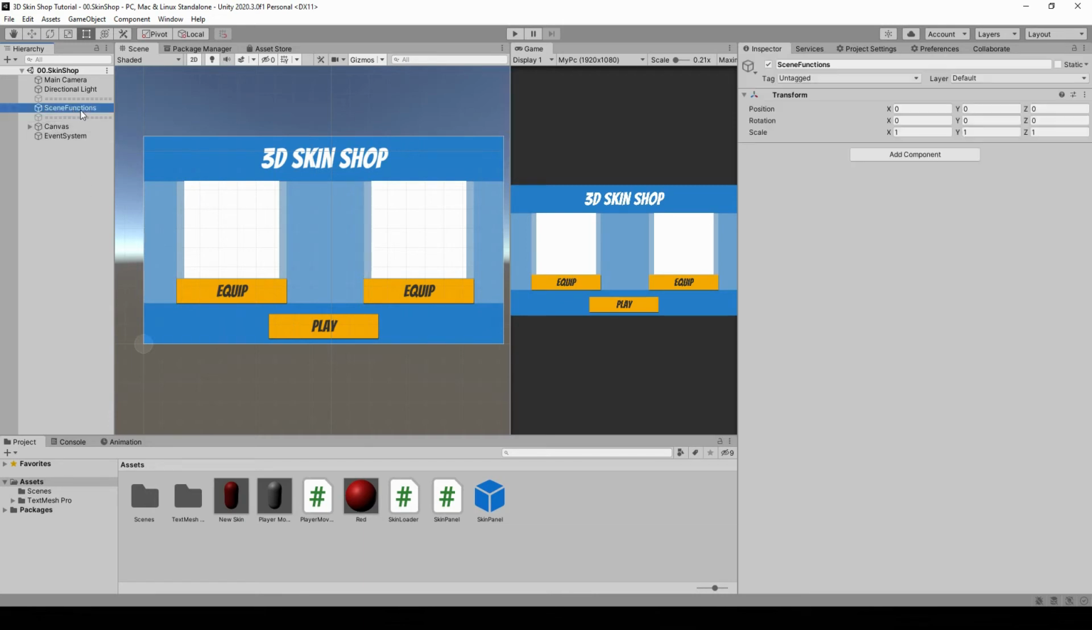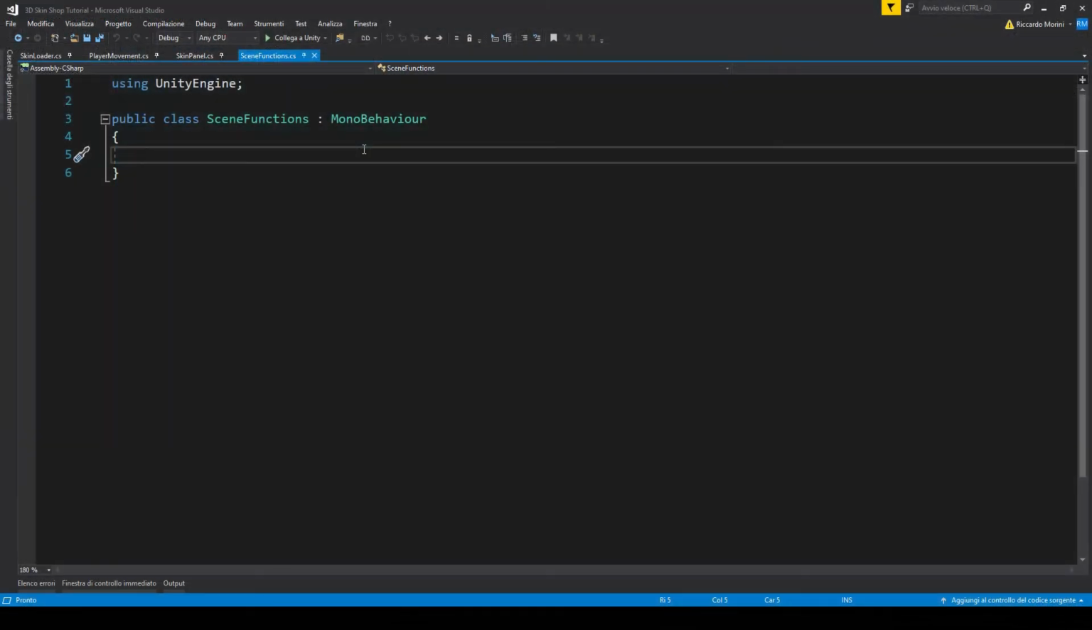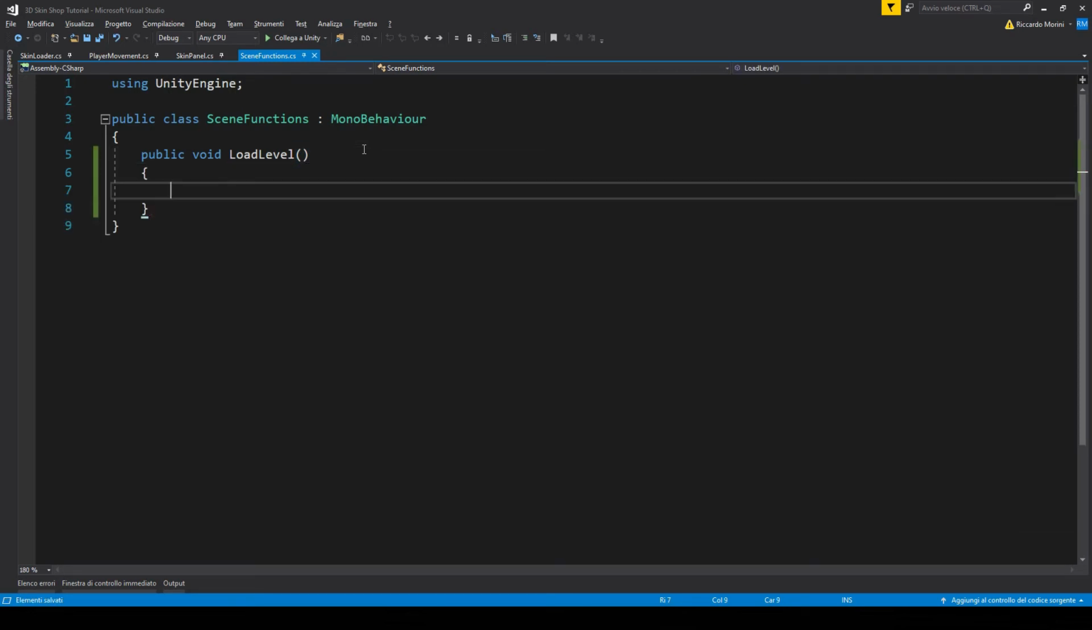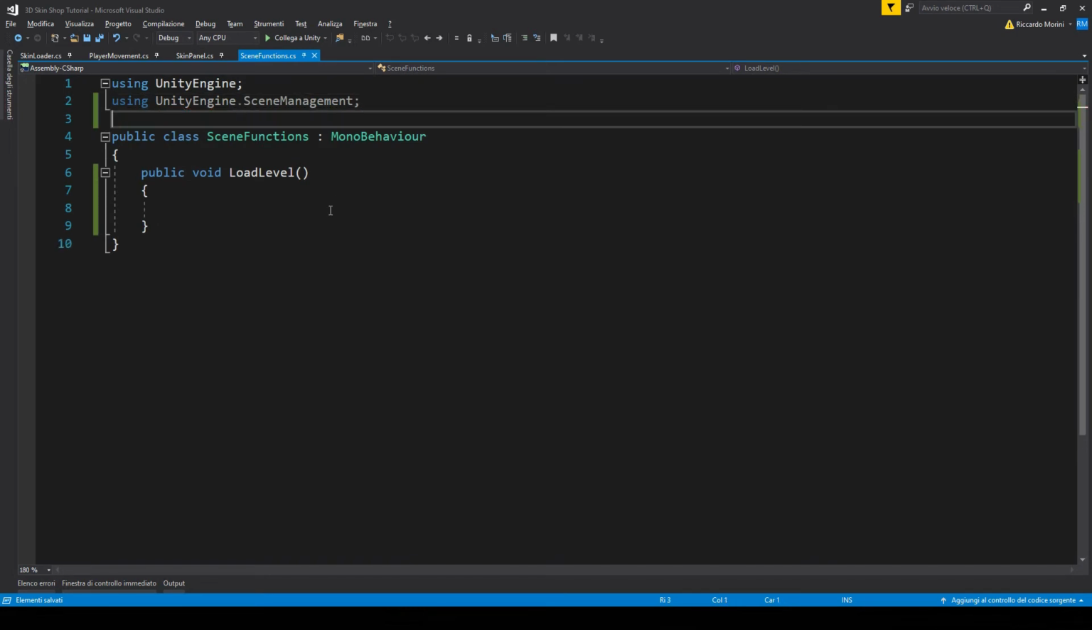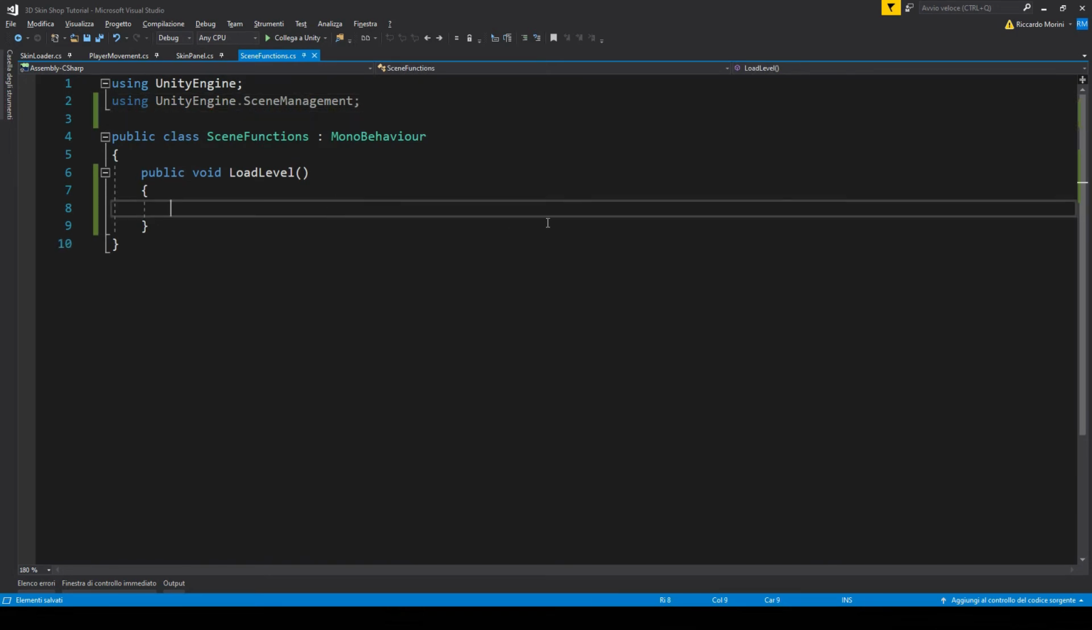Let's select the scene functions, and let's make another new component to change scene. I've called it SceneFunctions exactly like the game object. In here, let's make a function to load the level. To change scenes in Unity, we have to first import the UnityEngine.SceneManagement library. Then, in our load level function, we call